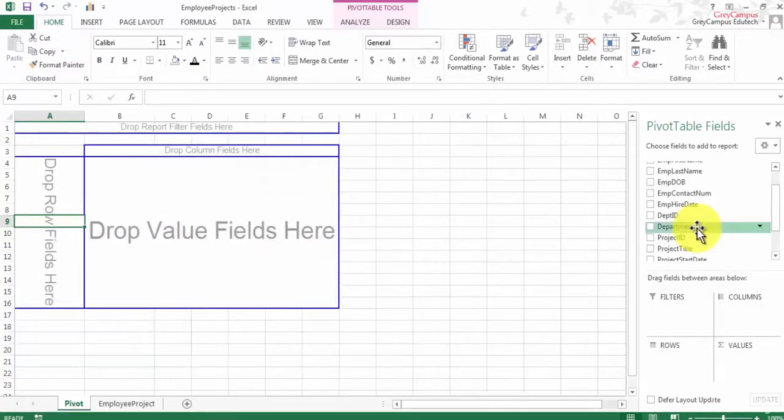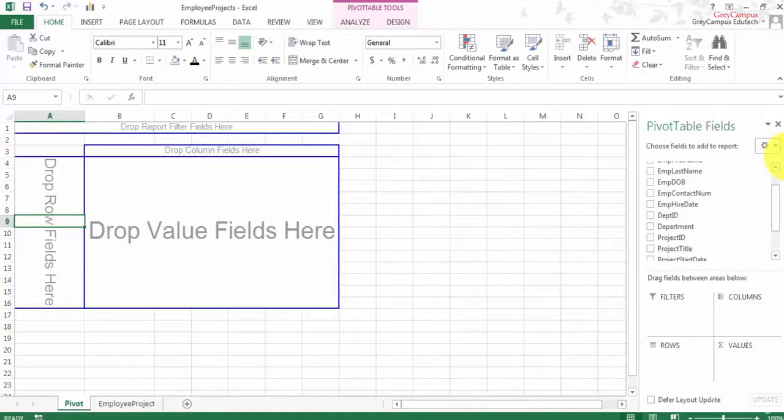The moment we say OK, the placeholder changes. So all these 4 quadrants are actually a part of this particular pivot table. Whatever you want to put as a group, we will put in row. Any further bifurcation of data, we put in column. This is the quadrant where we put the data, like some calculations or some data that we need to put. And in case we want to do some filter, then this is the place. So these are the same 4 quadrants that we see on this right hand side small box.